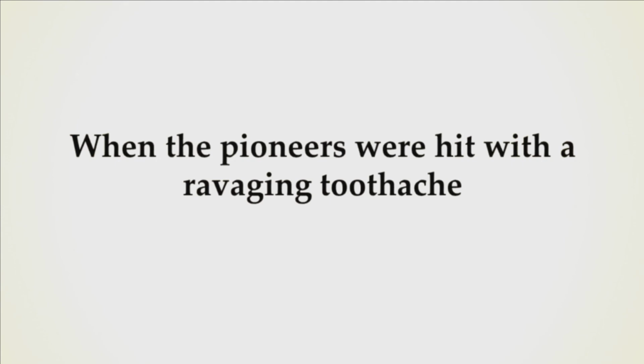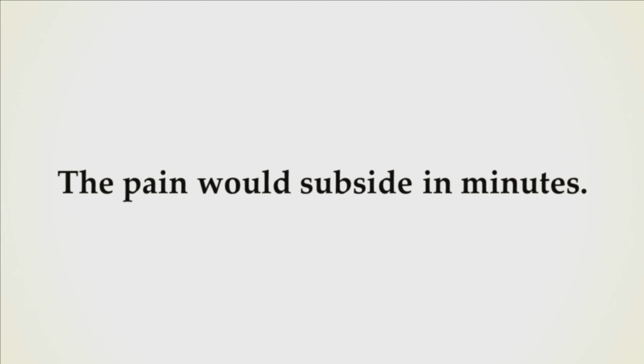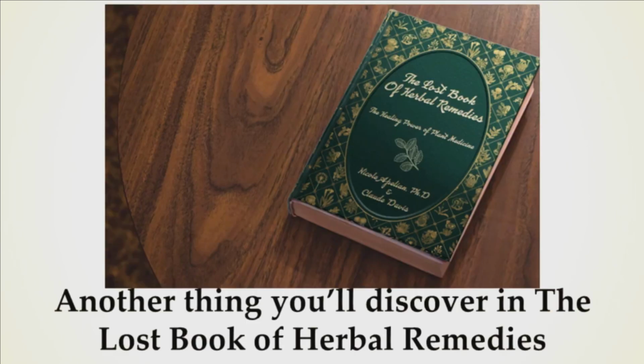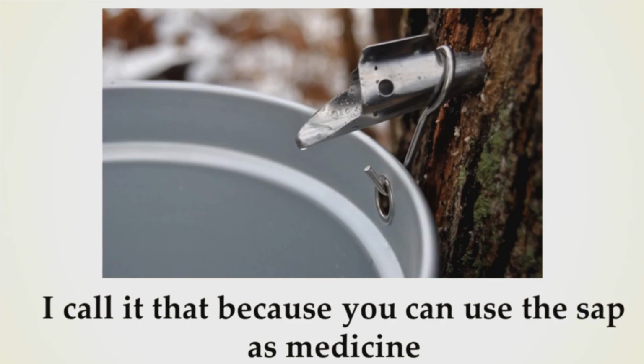When the pioneers were hit with a ravaging toothache, they would just go and get their jar of cattail ooze and rub it around their gums. The pain would subside in minutes. Another thing you'll discover in the Lost Book of Herbal Remedies is the ultimate survival tree that grows on almost every street in the US. I call it that because you can use the sap as medicine,